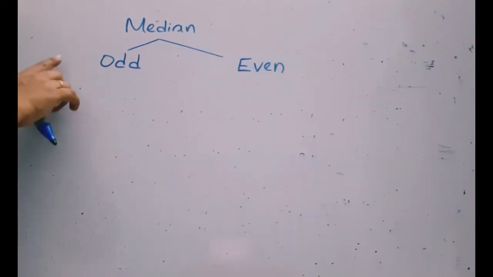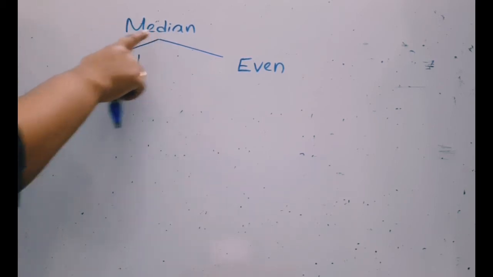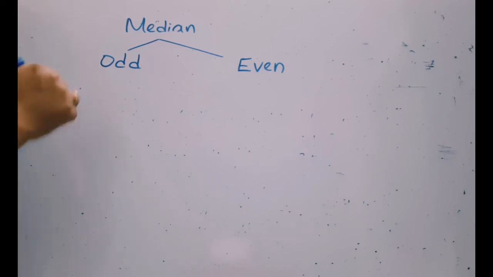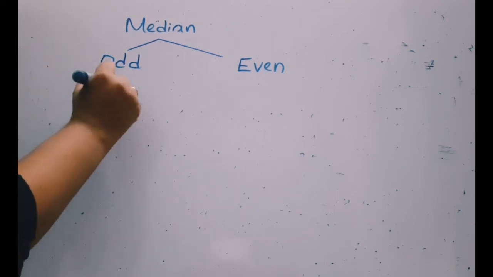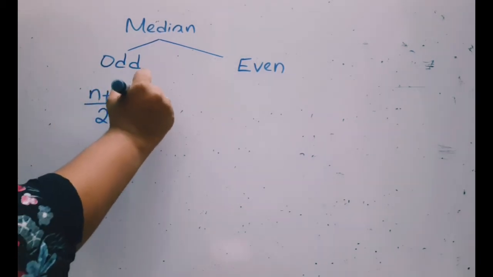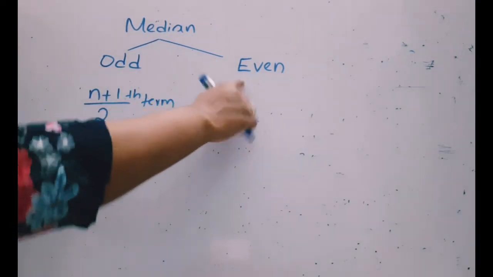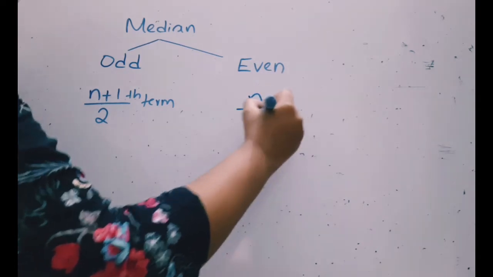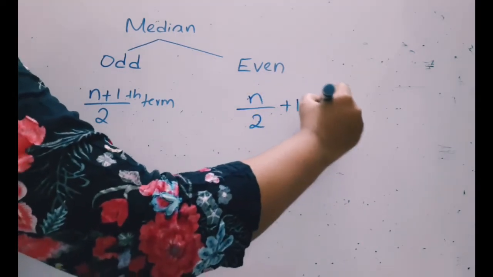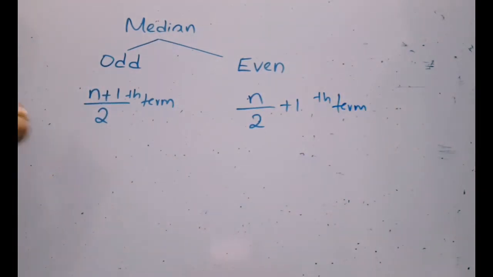In order to summarize what we learned under median, I have written like this. So see, if the number of data here is odd, we found the nth term by adding 1, then divided by 2 to find the center term. Okay, if it is an even number, what we did is we divided by 2 first, then we added 1 in order to find the term in the center. After that, we count that specific term and we write that as the answer for the median.